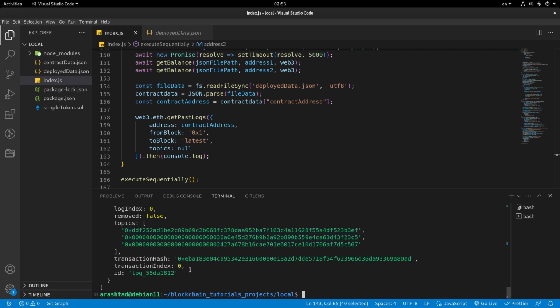Also, if you want to filter by the transaction hash, you can use this transaction hash, bring it over here inside of the JSON data that you enter into this function, and filter your smart contract in order to find this transaction hash, right? So this is a really useful function. I really recommend having it inside of your portfolio so that later you can use it and also showcase